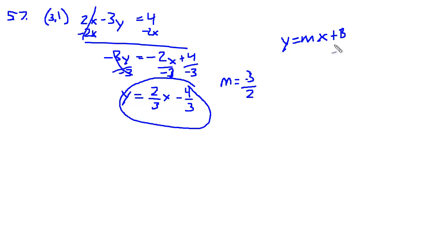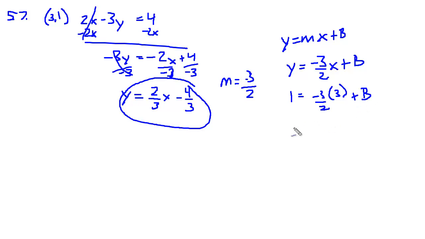All right, and we're going to plug in our slope. So y is equal to negative 3/2 x plus b. And we're going to go through the point (3, 1). So we will plug our 1 in for y and our positive 3 in for x. So this gives me b. We got 1 equals negative 3/2 times 3, using our graphing calculator, or knowing top times top, bottom times bottom, this is negative 9/2